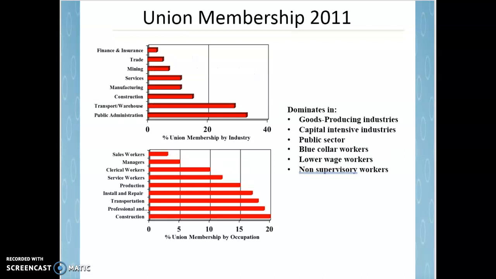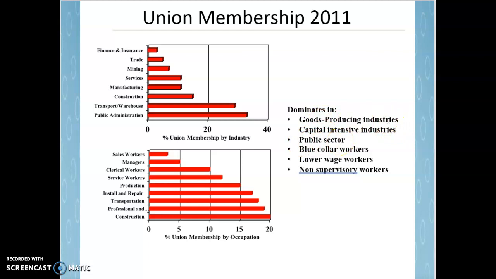Let's look at some of the stats. This is 2011 data, but the patterns will be similar today. Notice that union membership by industry is low in finance and insurance, low in trade and mining, much higher in government, public administration, or transportation and warehousing, construction, even manufacturing. We're going to see that unionization tends to be dominant in goods producing industries, in capital intensive industries, and in